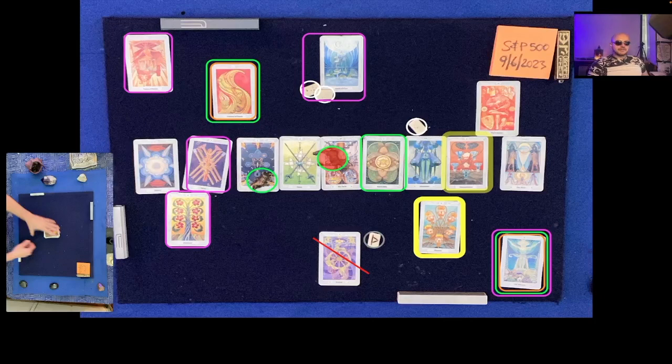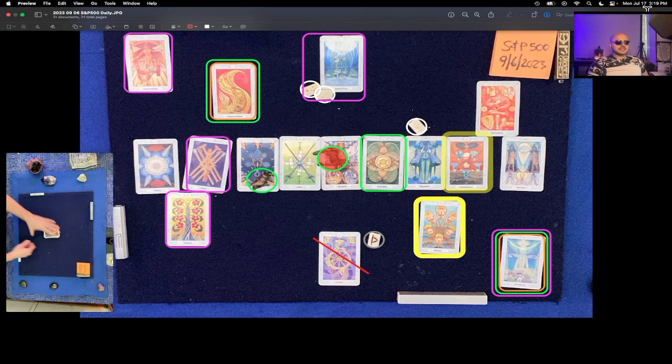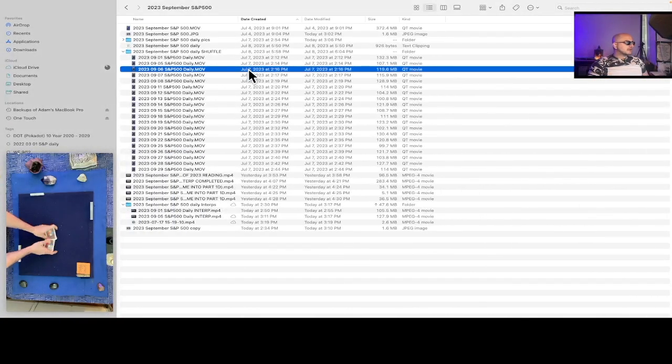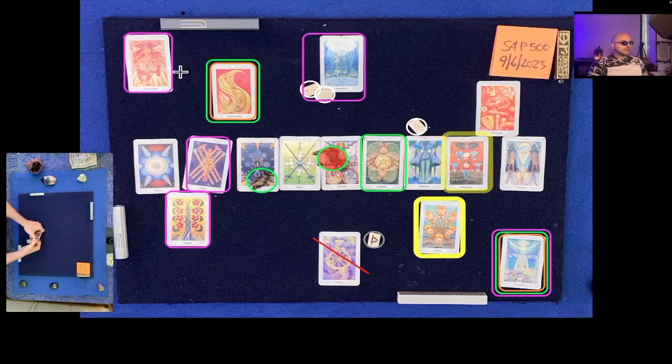This is the S&P 500 one-day reading for September 6, 2023. It's currently July 17, 2023, 3:19 p.m. Eastern Time. The shuffle file we're playing right here was created on July 7, 2023 at 2:16 p.m. Eastern Time. And the overall theme and behavior for the 6th, we have a rally that increases with momentum moving